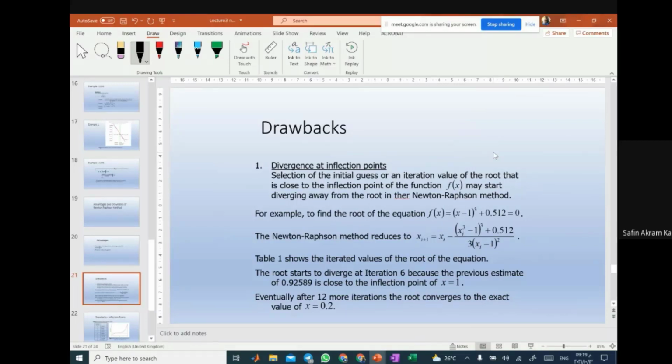Divergence at inflection point. Selection of the initial guess or an iteration value of the root that is close to the inflection point of the function f of x may start diverging away from the root in the Newton-Raphson method. For example, to find the root of the equation f of x equal to x minus 1 to the power 3 plus